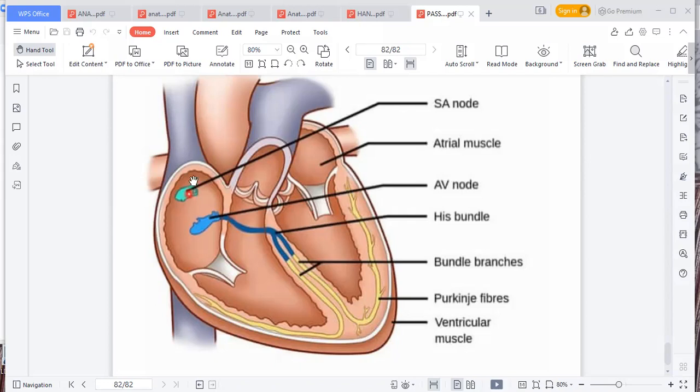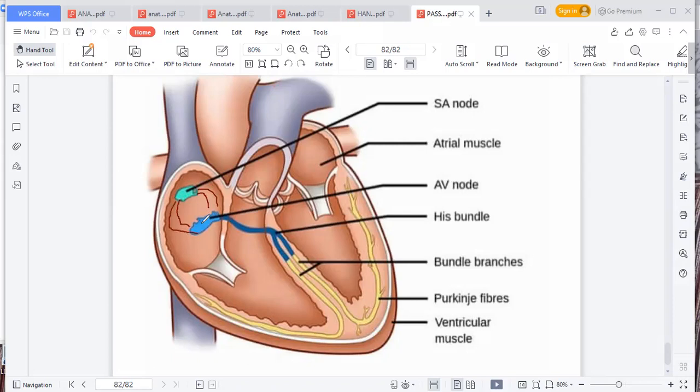So the action potential will be produced in the SA node. Remember, we talked about how the action potential is produced by sodium and calcium, but this one is different, which we'll talk about in physiology. But just know that there is an action potential produced from the SA node. From there, it moves. There are projections which connect this one into this one. These projections are the ones that transport that action potential from the SA node to